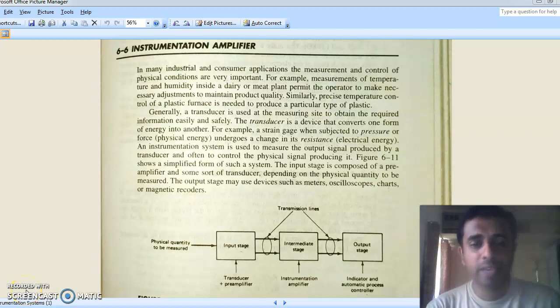So welcome back, and today we'll see the last portion of the sixth module in your course, where the syllabus specifies why there is a need for an instrumentation system and a data acquisition system. So today we'll see why such a need is there and what is an instrumentation amplifier. We have seen what an instrumentation amplifier is in the analog electronics course, but we'll see the application of the instrumentation amplifier